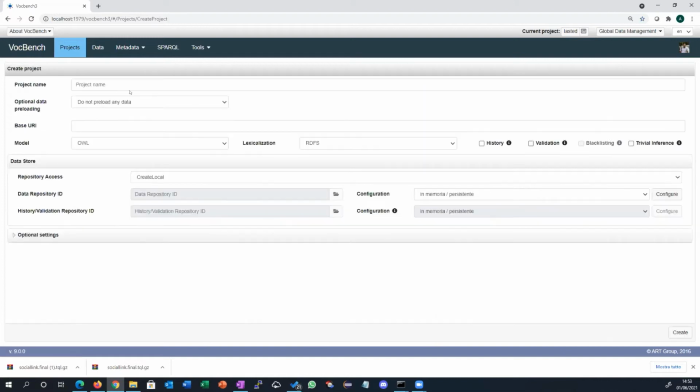So let's see the first case. That is, I create a new project. I might call it, let's say, demo or temp, so I remember then to delete it. Temp VOAF. VOAF is a vocabulary that is used by,